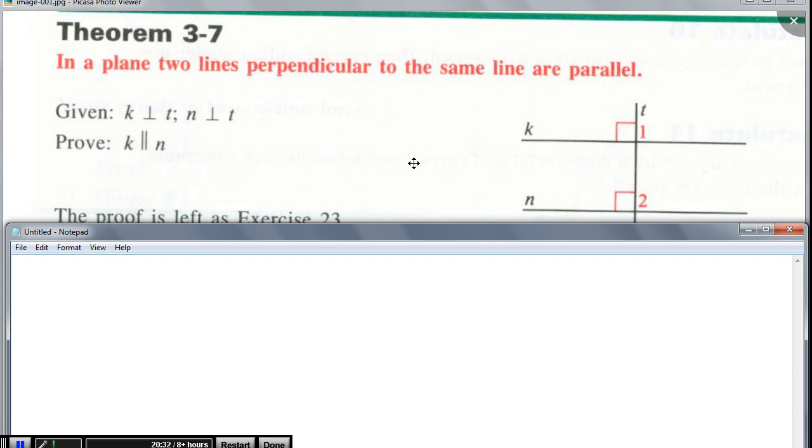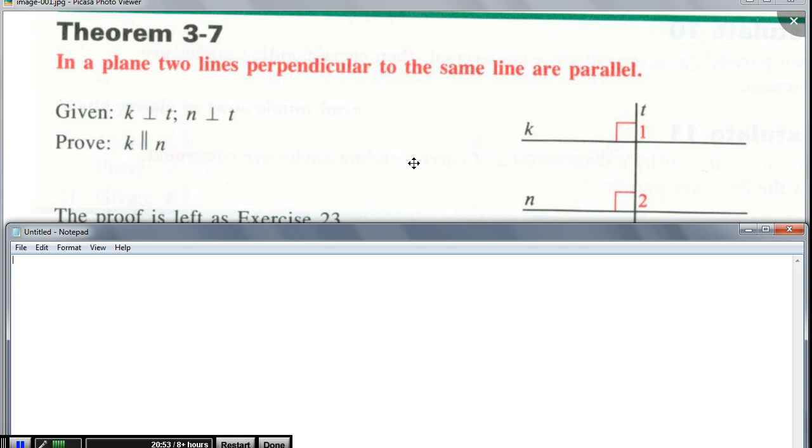No, that's later. So after we say the given, then we say the measure of angle 1 is equal to 90, the measure of angle 2 is equal to 90, because of the definition of perpendicular lines. And then you have to say angle 1 is congruent to angle 2, not because of one of the postulates or theorems we studied, but because of the definition of